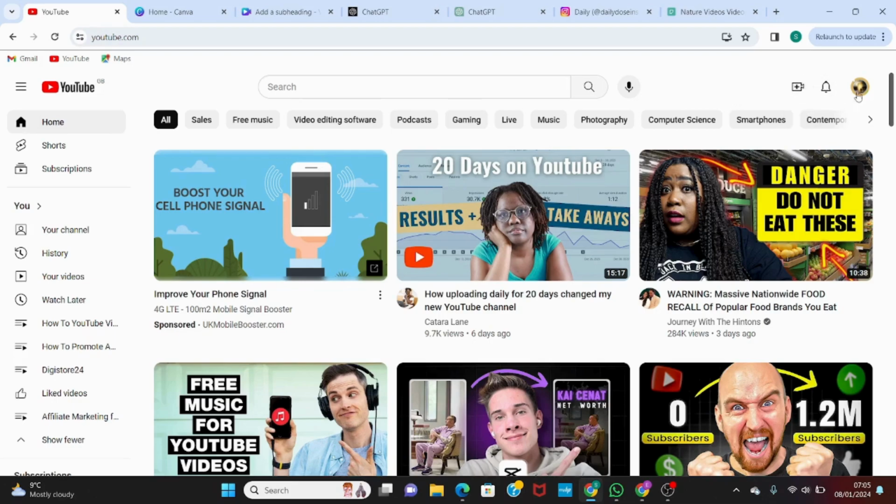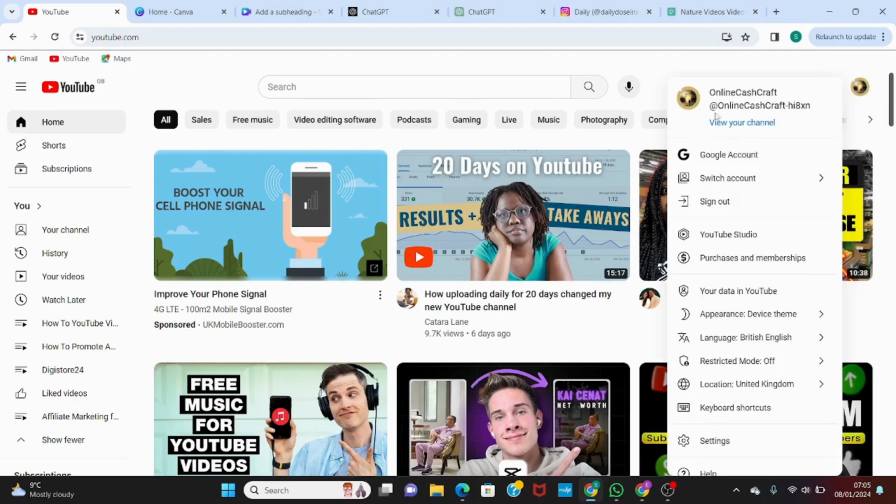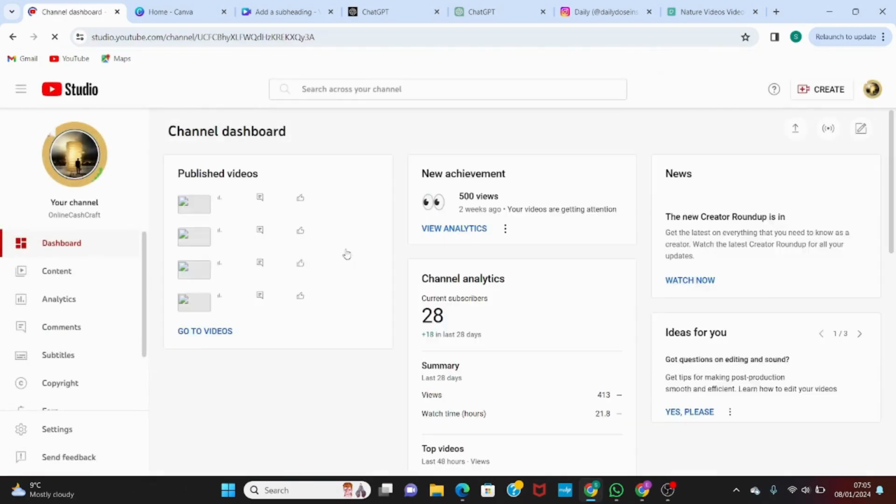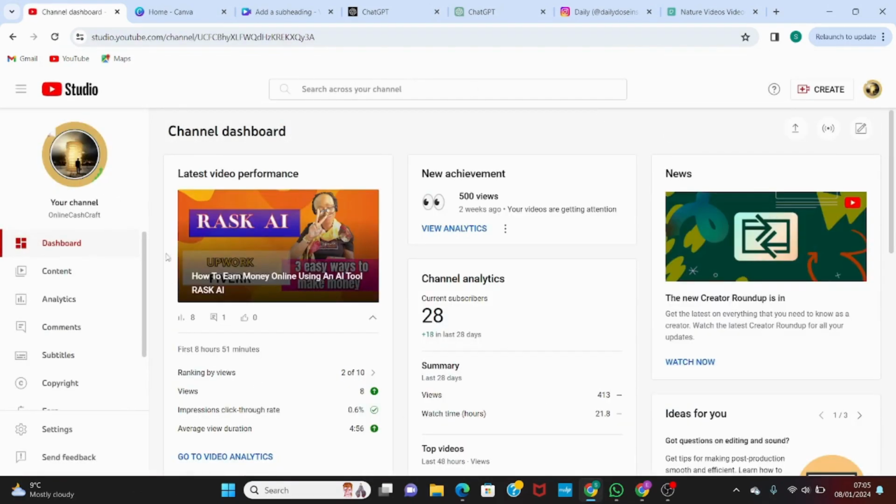What you will need to do is click here. This is your profile picture. You click on this profile picture and it brings you to this page. When it opens this window, you click on here that says YouTube Studio. So YouTube Studio will bring you to this platform here. And now remember, when we checked on this side on the left, we couldn't find YouTube sound, remember? But now because we have clicked on YouTube Studio,